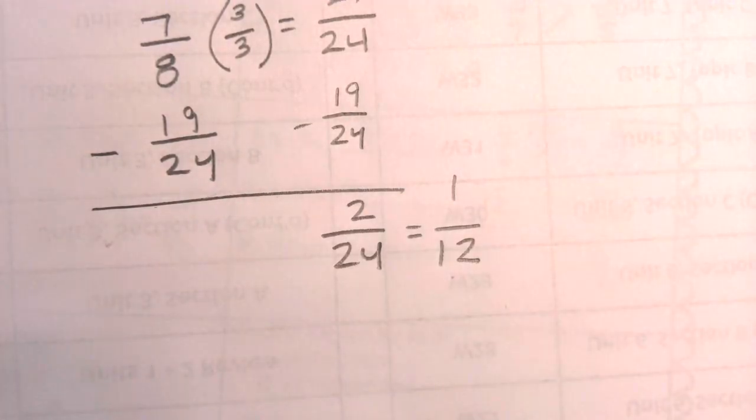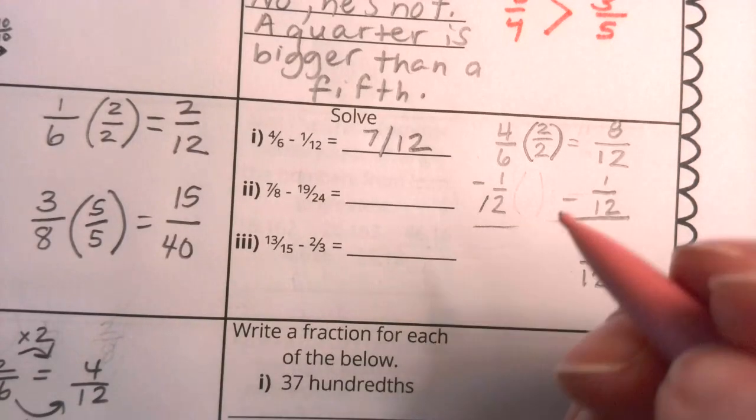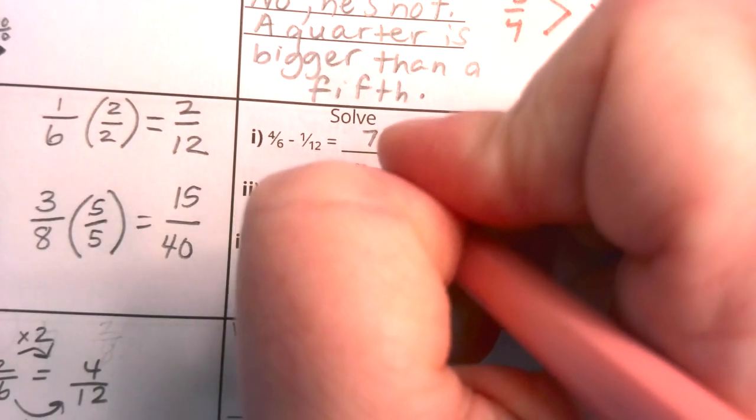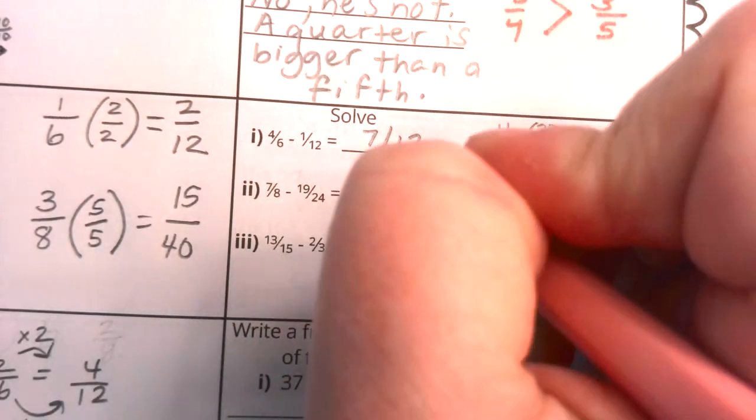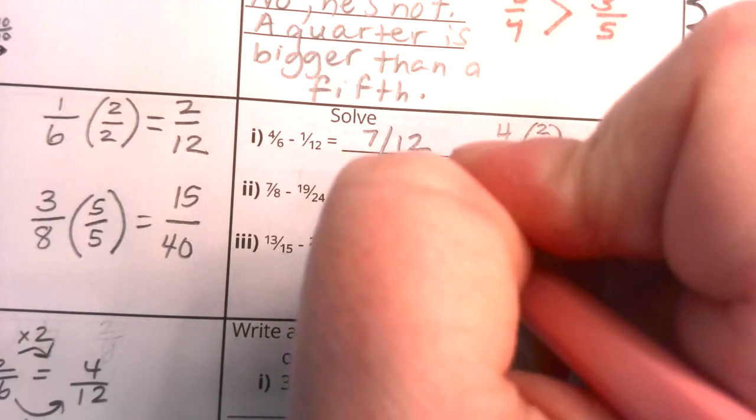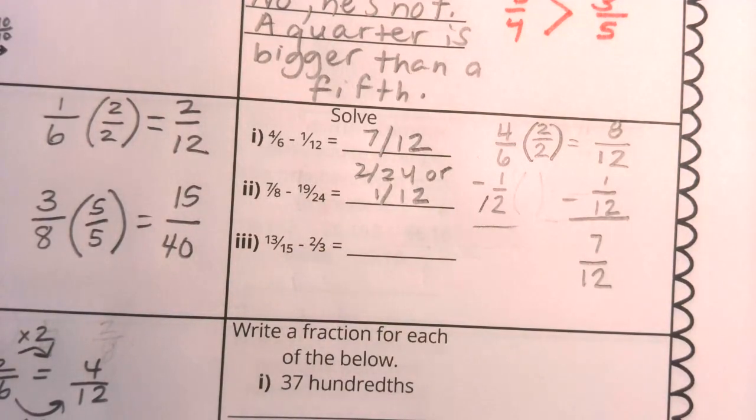So really, boys and girls, either of those we would accept as a correct answer because they sit on the same place of the number line. So I'm going to go ahead and write 2/24 or 1/12. Okay, let's do our last problem for this particular skill where we're thinking about subtracting fractions. Here we have 13/15, and we're going to subtract